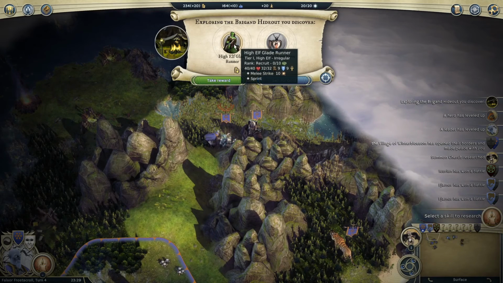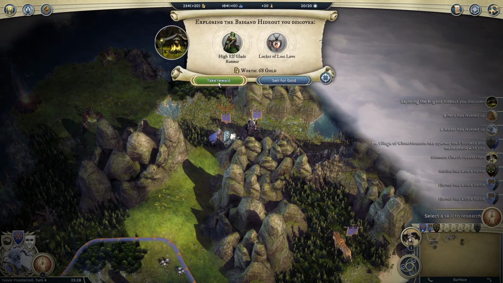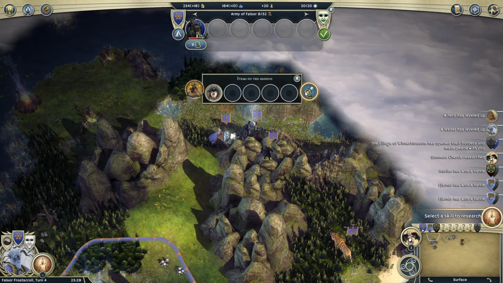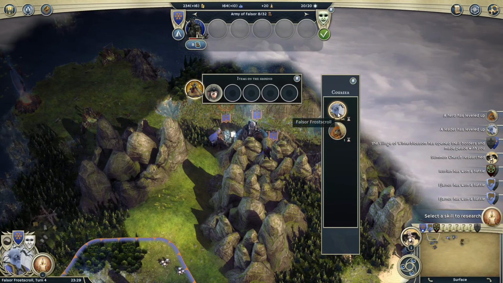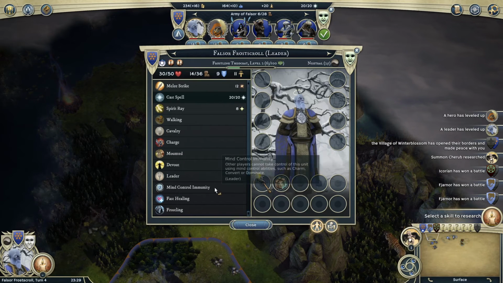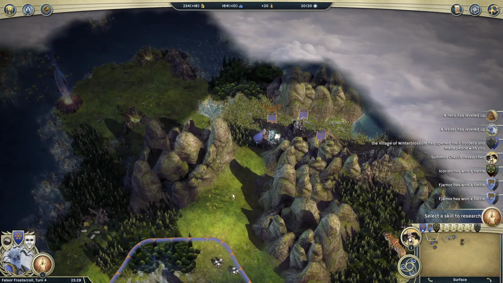Oh, nice. We're going to get a High Elf Glade Runner and a Locket of Lost Love that provides strong will and spirit protection. So you know what? I will take that. And I think I will just send that over to... I guess I'll give it to Falsor. It doesn't really matter who it goes to. Yeah, right now he doesn't have any spirit protection, so he does have mind control immunity, so maybe giving it to the rogue wouldn't be so bad, but...